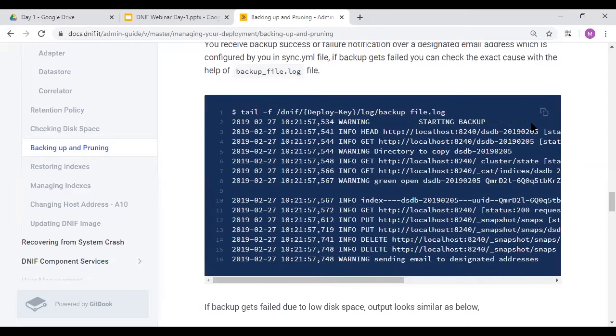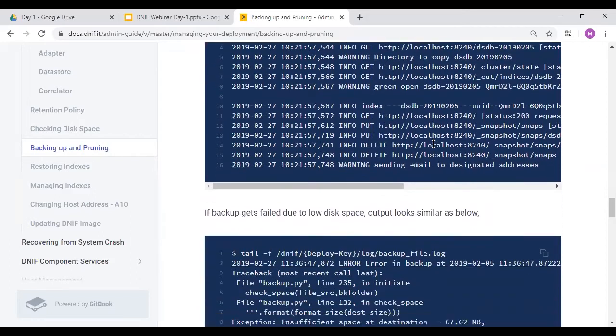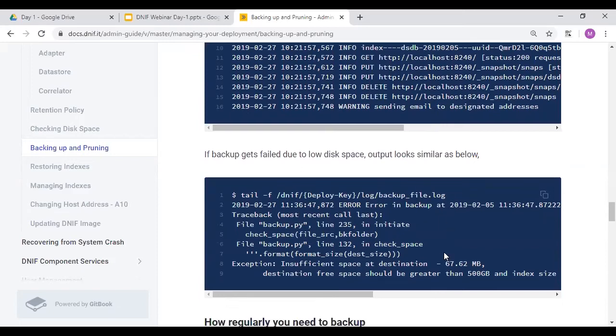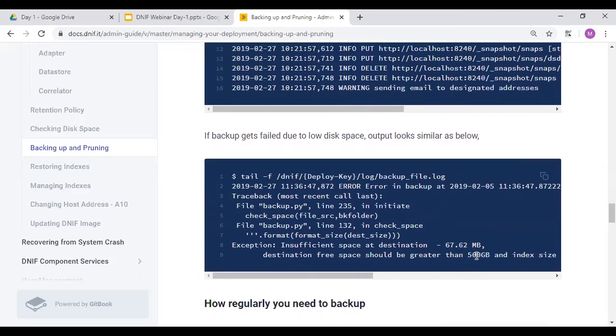Using the tail command, you can see the backup status log. Just in case the memory at your destination is full, what will happen? Will the backup stop completely, or do you have to restart it again? You are going to get a message that at the destination this much memory is left and you need this much space.